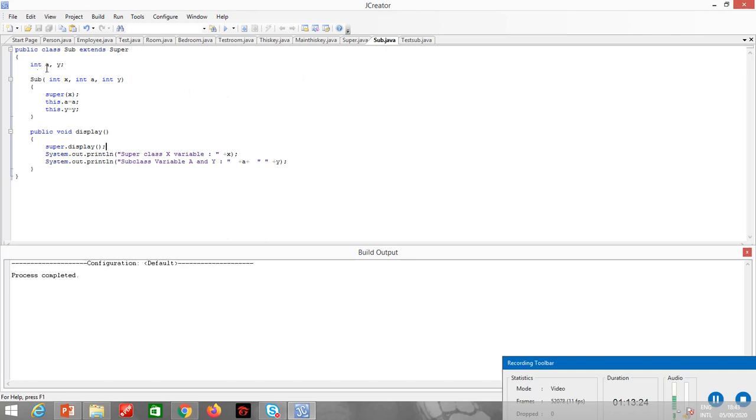I guess I haven't done any example of this. Int x comma y. Now the child class has two variables, but it also has another variable from the parent class, which is x. Now integer x is the same in the superclass as well as in the subclass. I don't need this super keyword now, right? So just x over here, x over here.